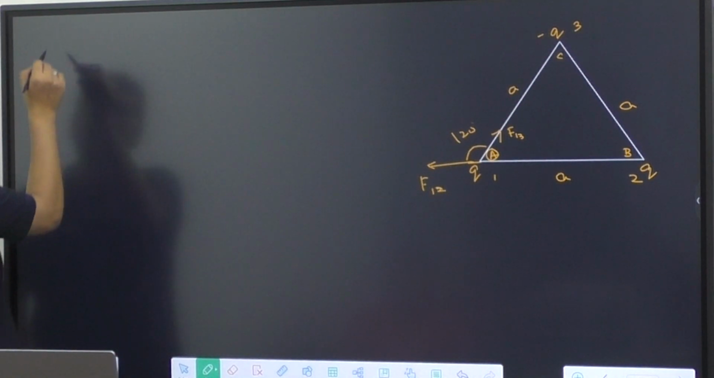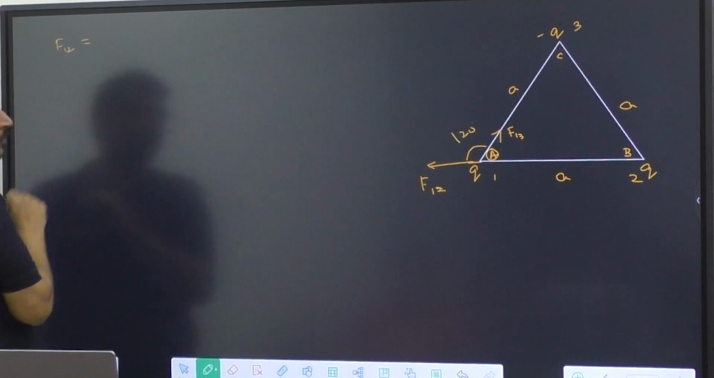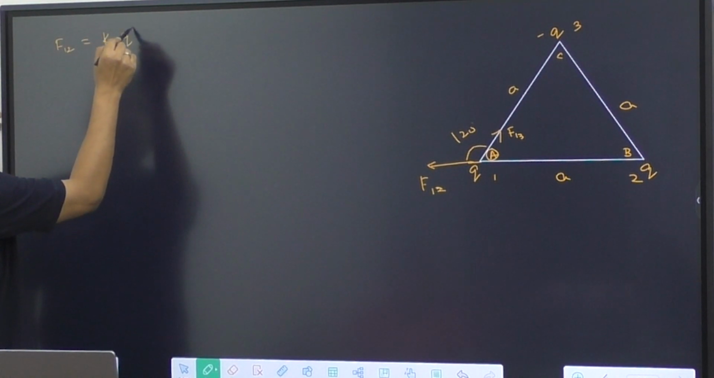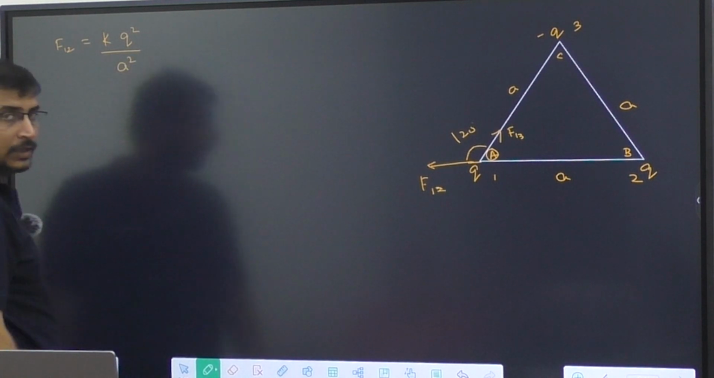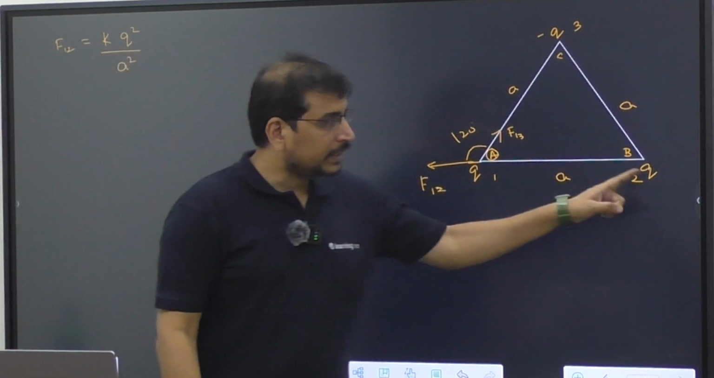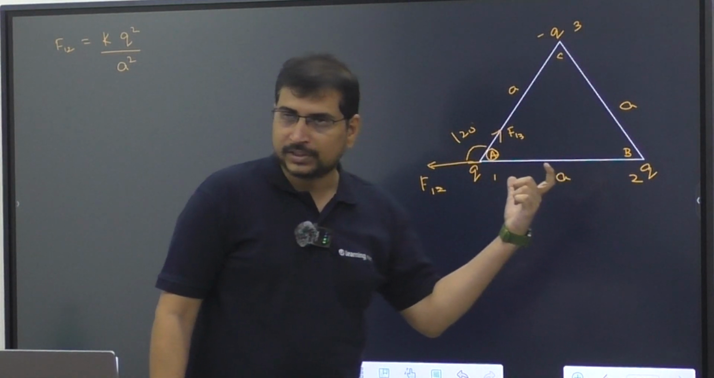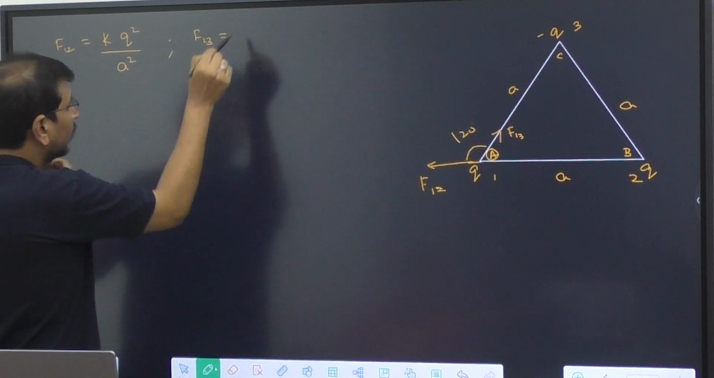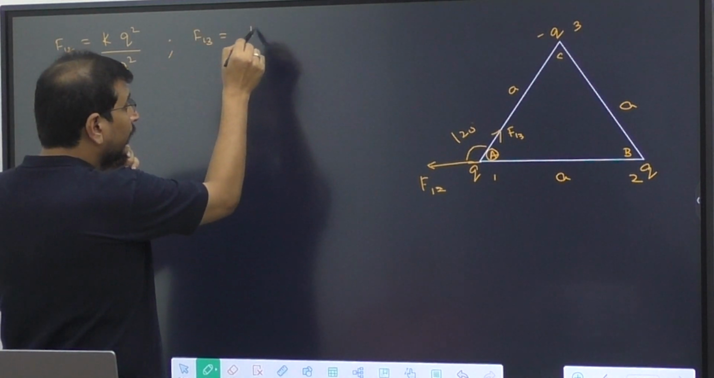Now, what is going to be the value of F12? K Q square divided by A square. Am I right? 1 by 4 pi epsilon naught into the magnitude of the charges divided by the square of the distance of separation, A square. So what about F13? Tell me the answer. K